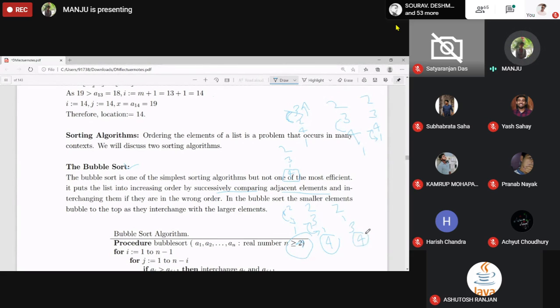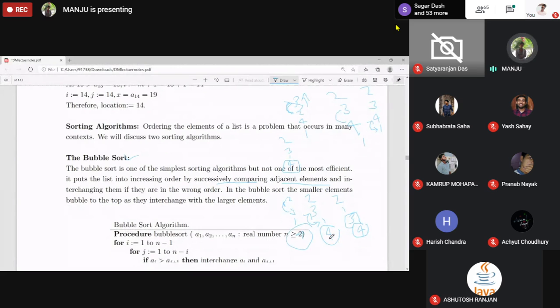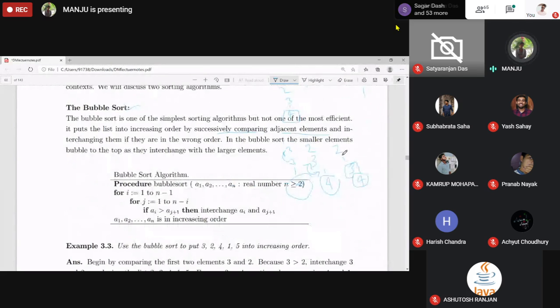Now 4 was already fixed. The output of the second pass fixes the second largest element, that is 3. We have passed the list twice, and we are left with 2 elements. We will stop when we are left with 1 element. So for the third pass, you will compare 2 and 1. 3 and 4 are fixed. Will they interchange? Yes, ma'am. 1 is lighter, so it comes up. 1, 2, 3, 4.